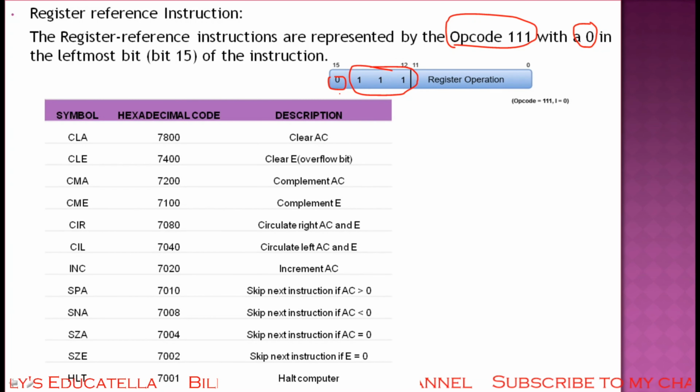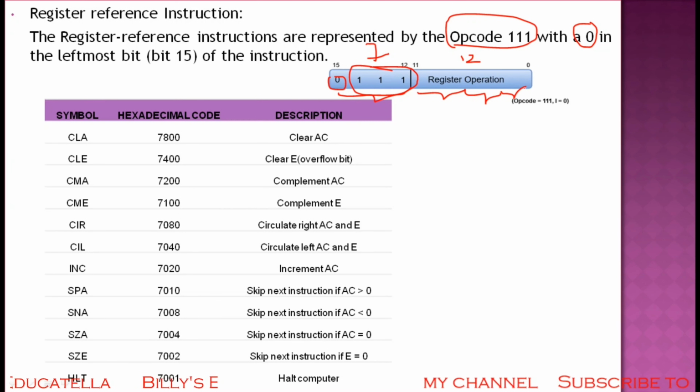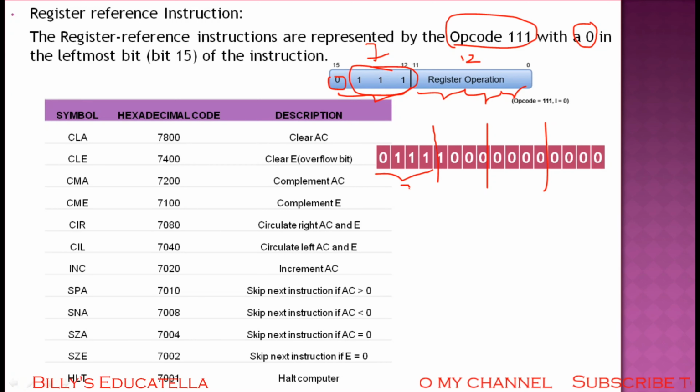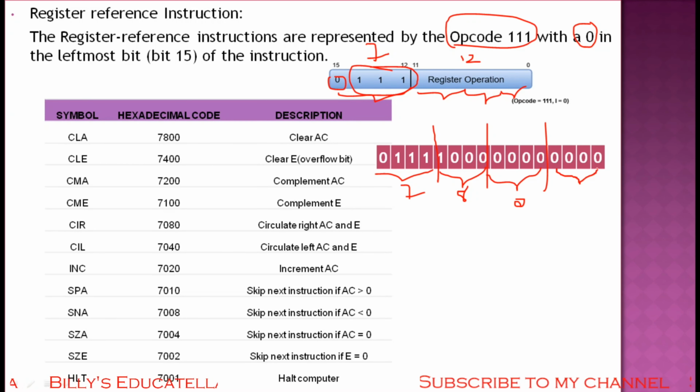Okay, what is this 4-bit value? Its value is 7. Here these 12 bits are again subdivided into 3 parts. I will explain with the table values. Here it is divided into 4 parts. What is this value? Its value is 7. And what is this value? Its value is 8, and its value is 0, and its value is 0. So 7800 means what? It is nothing but clear AC.